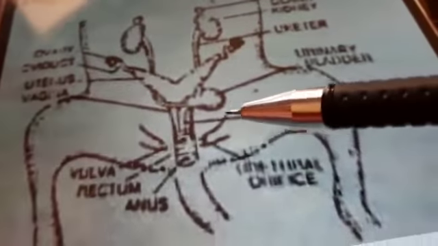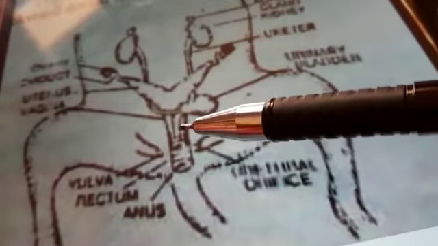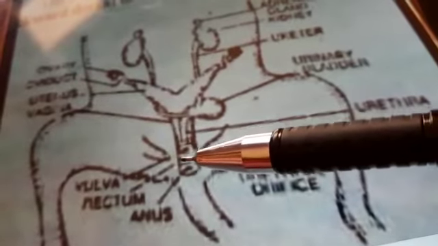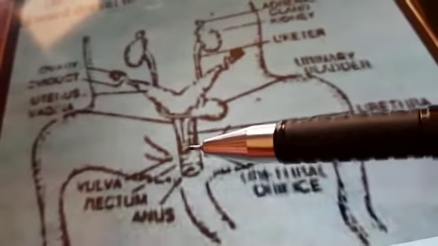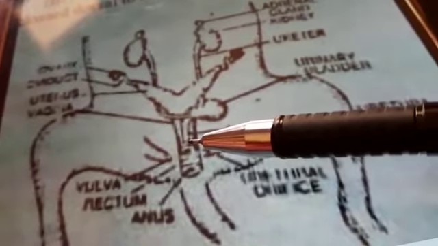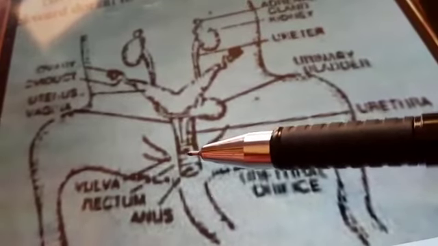One thing that should be very clear to you is that the opening of the vulva lies in the middle, between the opening of the urethra and the anus. That means the urethra is going to carry only the excretory product and the vulva is going to carry only the reproductive